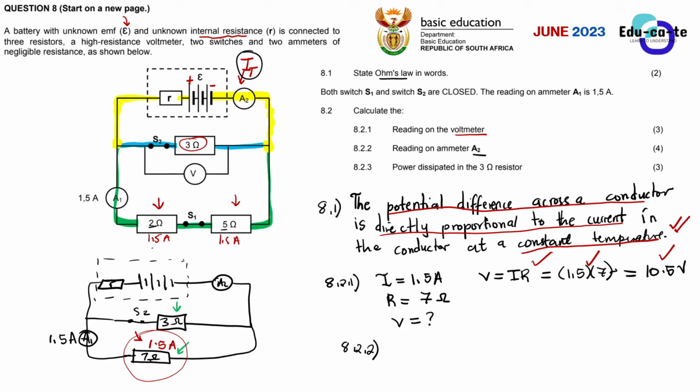So what made us say that? Remember, we did the current splitting and everything, and we said that A2 is measuring the total current, the one that is going back to the negative terminal. The total current is split. When it came out from the positive terminal of the cell, it came here, and when it reached this point, it split into the blue current and the green current. Then these currents flowed independently through different resistors, and then they recombined here to form the total current again.